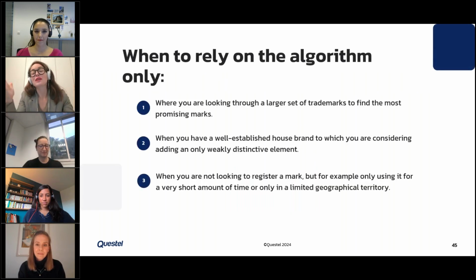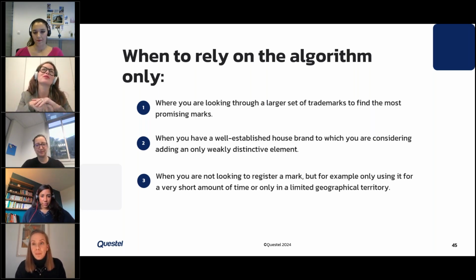And there are some specific cases that we have tried to summarize. Yeah, An-Sofie, exactly. When do you suggest to rely on that? So we have 3 scenarios. They're not limited to this, but these are, in my opinion, somewhat obvious ones. What we see in practice is that an algorithm can definitely help when you're dealing with a large set of proposals and you're actually looking for only 2 marks. So you have 50, marketing came up with 50 marks and you need to narrow it down to 2. I think doing an algorithm search can help you a long way in determining what might be the most promising